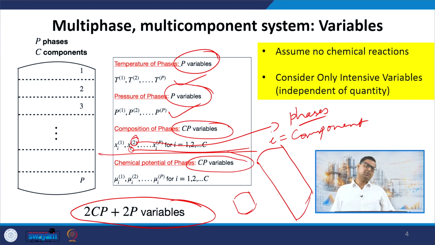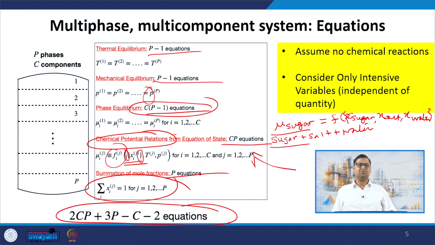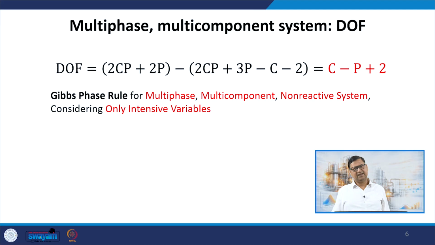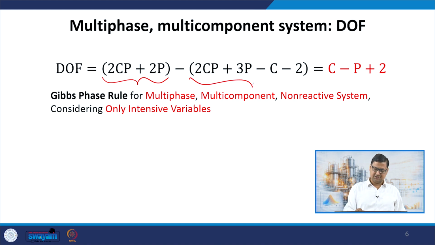So, I now do number of variables minus the number of equations, and what I get is the degree of freedom of the system. So, this is the number of variables, this is the number of independent equations, and this gives me C minus P plus 2, right. I am assuming that the equations I have framed are independent, right, and indeed in this case the way